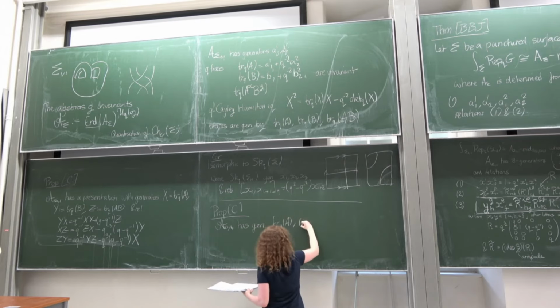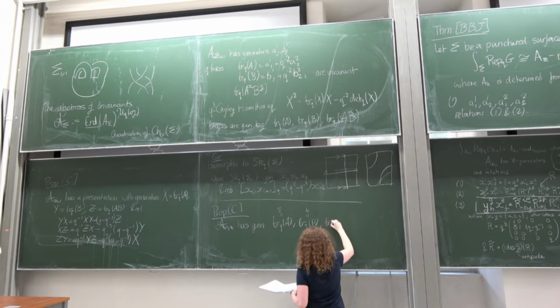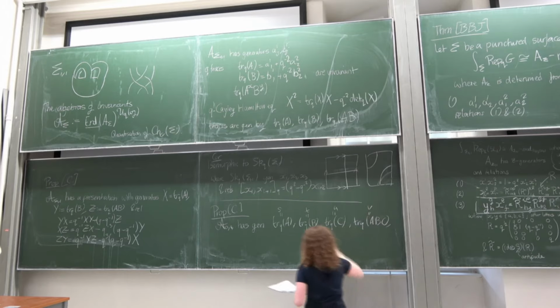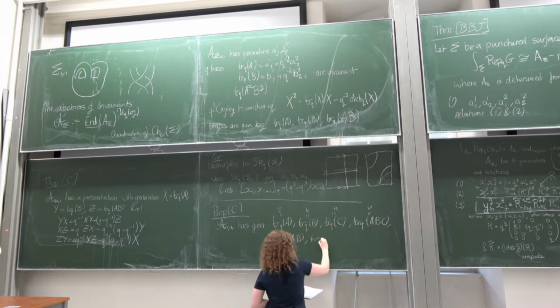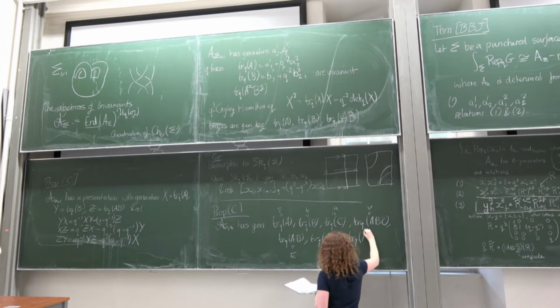So this should be S, T, and these are central elements, and AB, AC, BC, which is G,